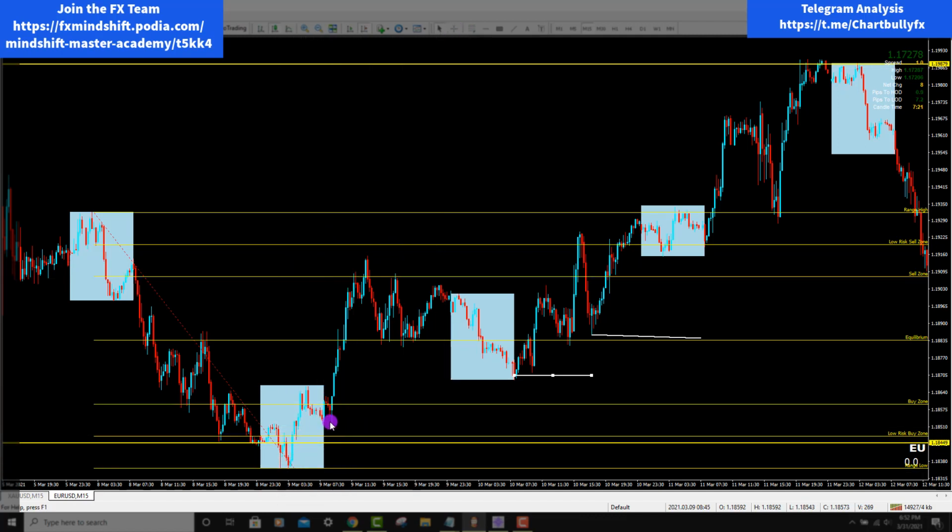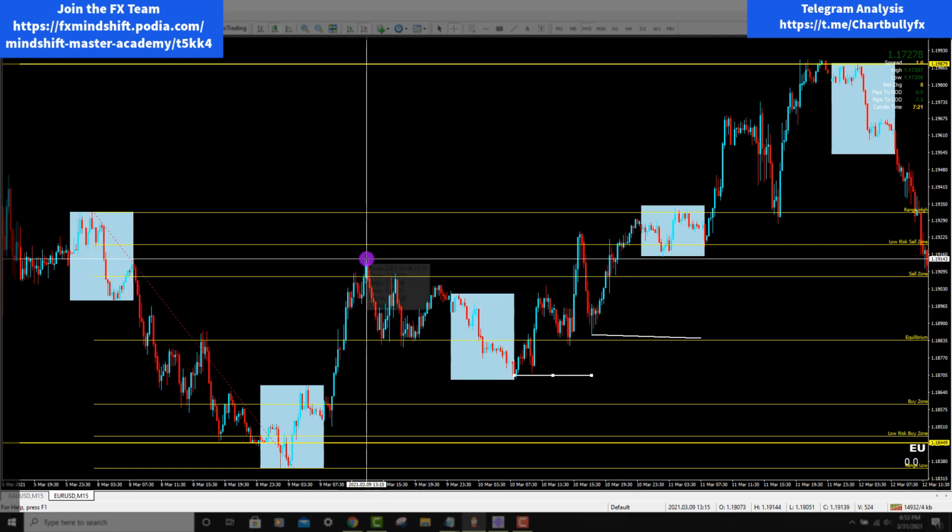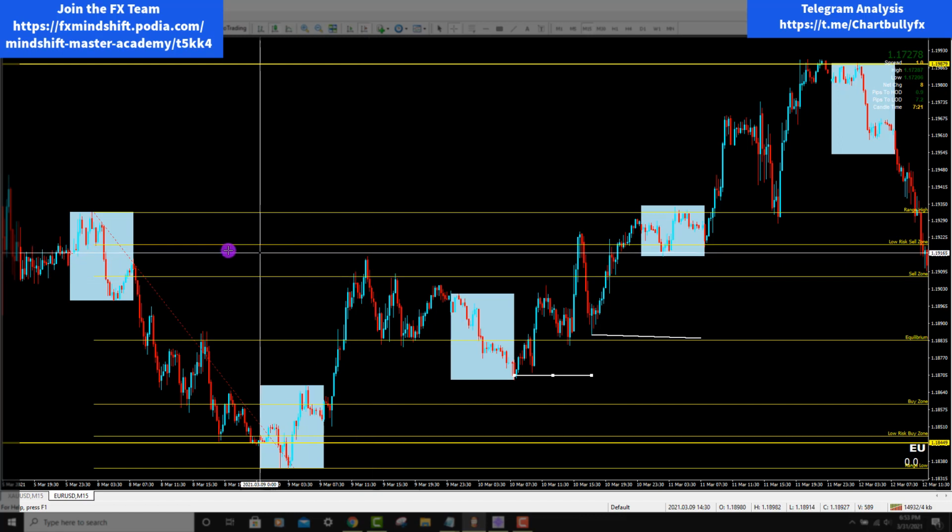What's going on right here? Price came where? It tagged right by the low risk buy zone. Now you might say this is a reversal, I can't catch this. But clearly order flow and price is pushing way up, way up. And where does it come to? If you're going to counter trade it, it came right to our sell zone, right here.